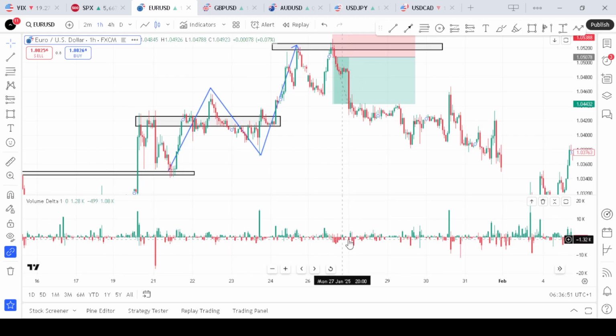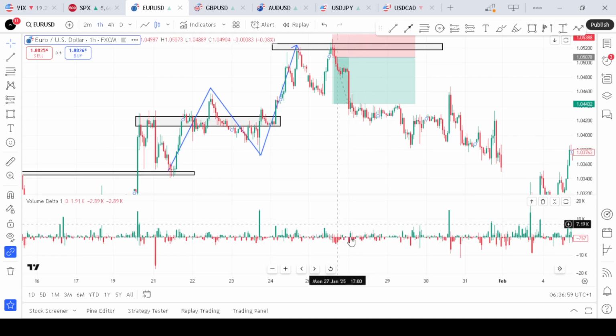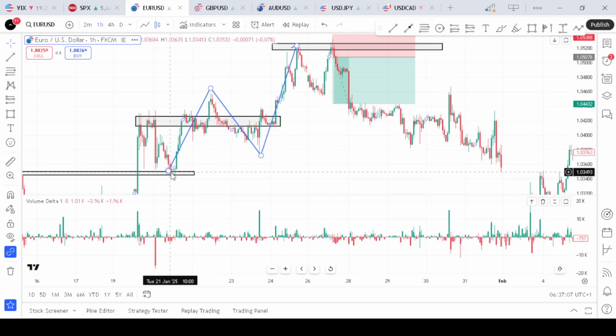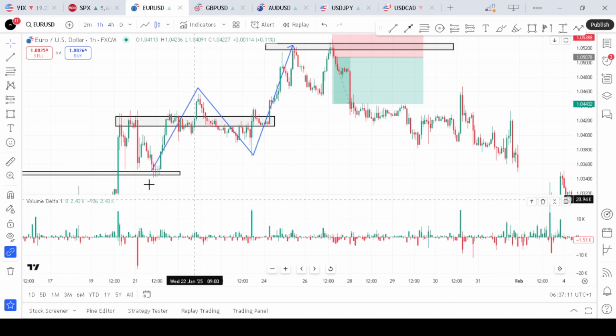You can also use this area. This is the main CVD area, these lines and this histogram, meaning that it signals buy pressure when there is a consolidation at the support area. If there's a little bit of consolidation at the support area, this signals a strong buying interest and